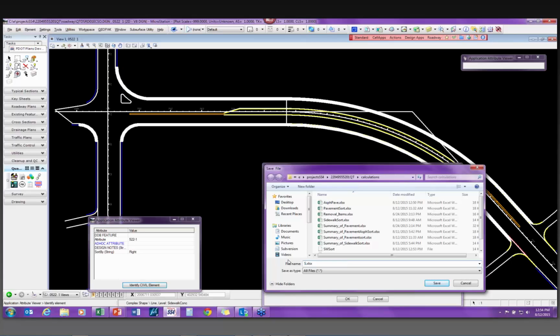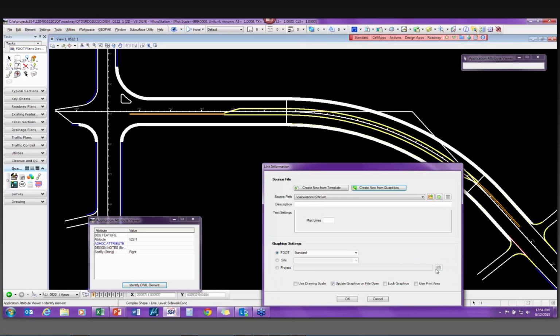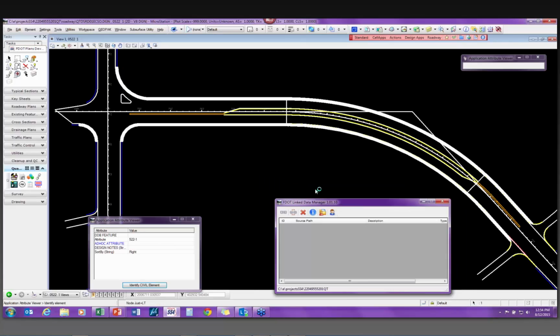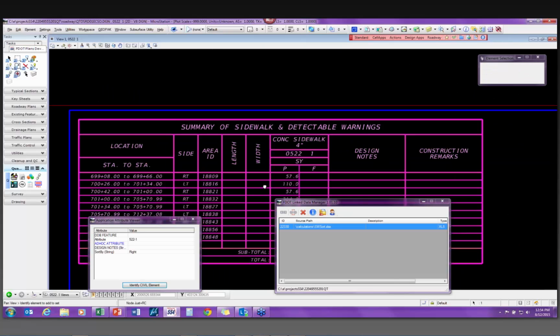It didn't automatically catch it that time with the right extension. So sidewalk sort XLSX, save. There we go. Place the title block. I'm going to go ahead and use the drawing scale so it's a little bit bigger this time. Place that in there. And now you can see that